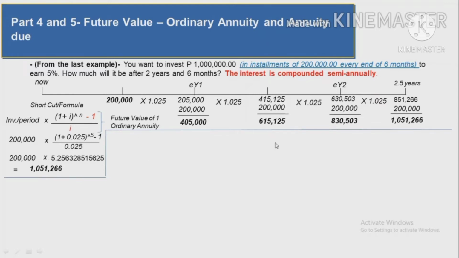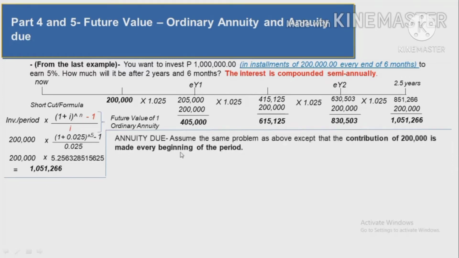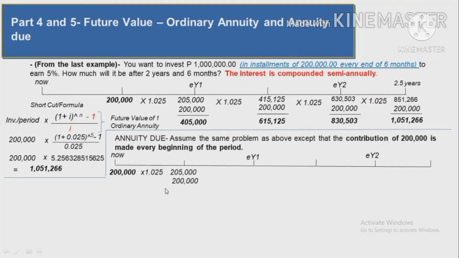How about the annuity due? So let's assume the problem above, except that the 200,000 is made at every beginning of the period. So now you're going to invest the 200,000, and then it will grow to 205,000, and then you add the second investment of 200,000. You have 405,000, and it will grow to 415,125. Plus 200,000, you have 615,125 times 1.025, you will have 635,03 plus 200,000,